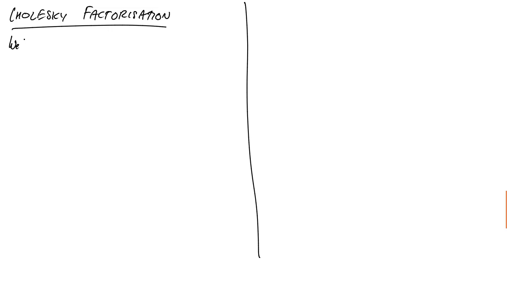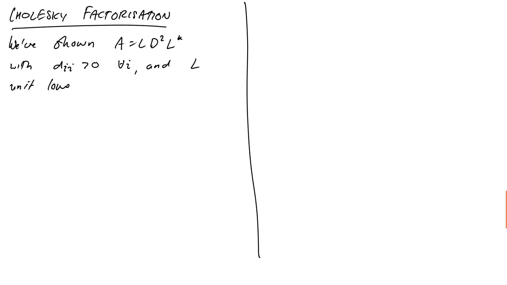We've shown that our matrix A is equal to L D squared L star with d_ii greater than 0 for all i, and L unit lower triangular. Okay, the Cholesky factorization of A,